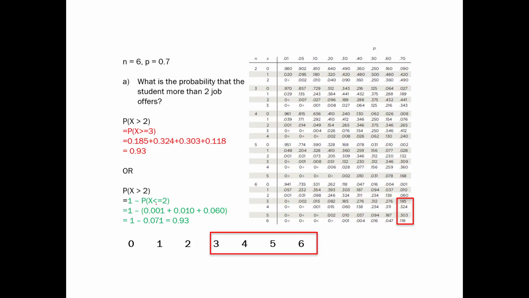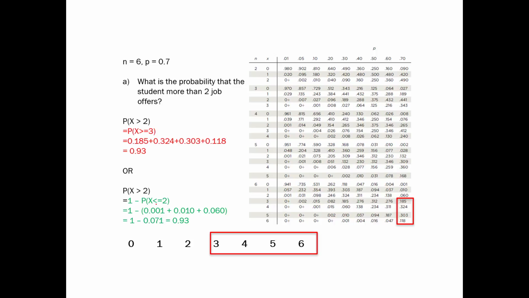And so the probability that x is greater than or equal to 3 is just the probability that x is equal to 3, or is equal to 4, or is equal to 5, or is equal to 6. And so our law of addition tells us that we can simply just add up those probabilities. We can go to the table and grab those values and add them up, and if we do that, we see the probability is 0.93.